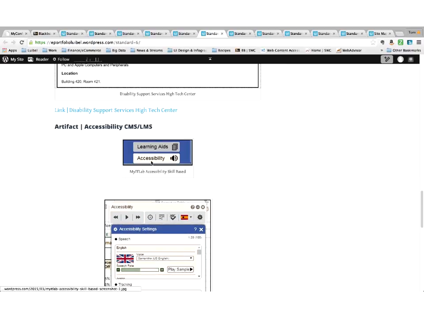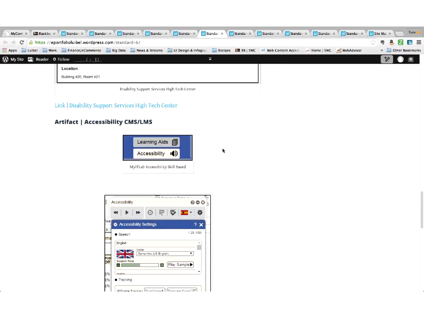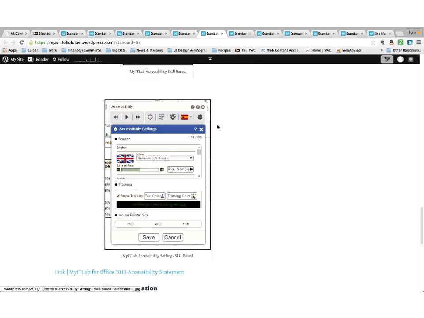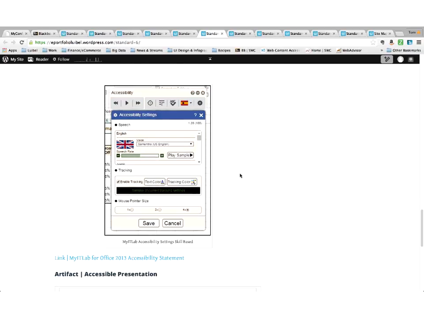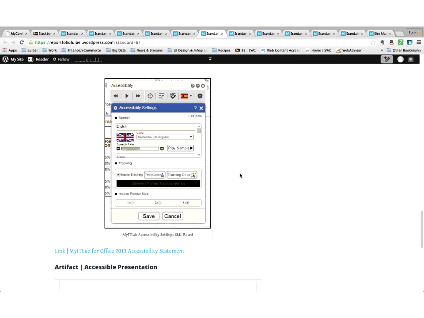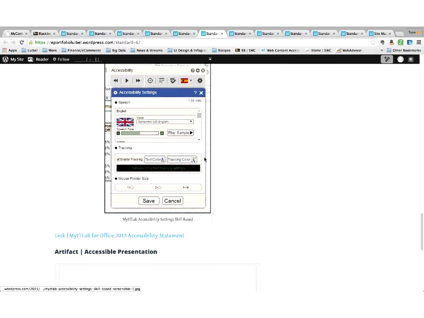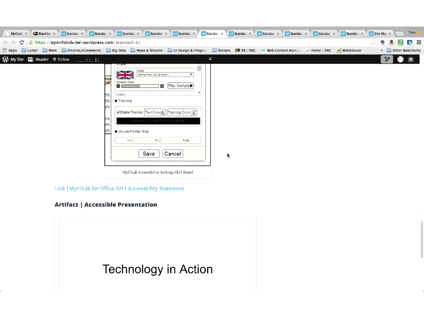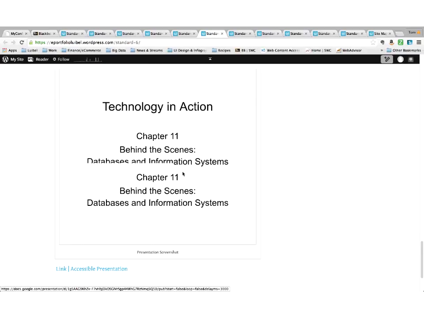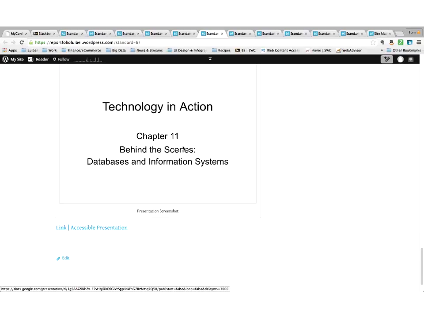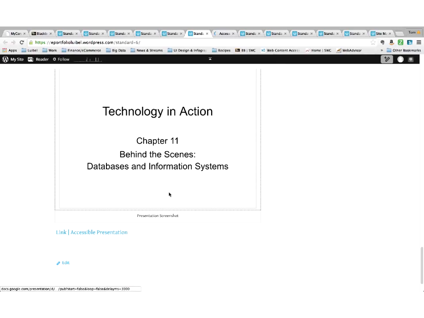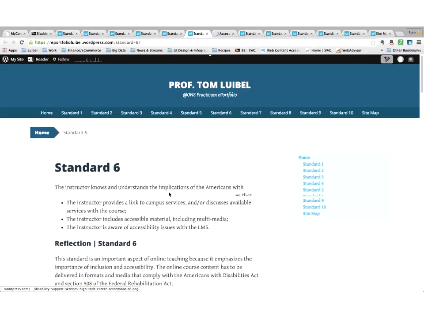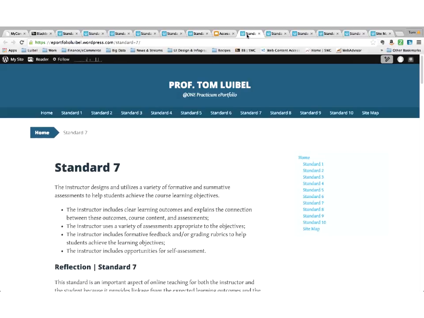Also in my IT lab, there are accessibility options, and I have an artifact illustrating that. Students can go in and do the settings to increase the size and have things read to them. So I also go over how to access and how to set those accessibility options. And then I have a presentation that's accessible. It's just a lecture presentation. And on to the next